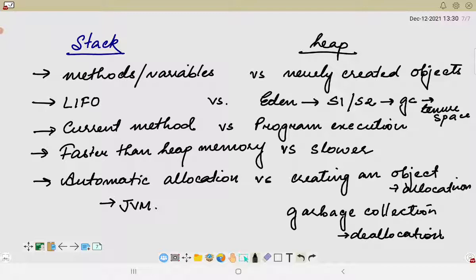We also have a garbage collector inside the heap memory, which is a program that runs in the background and looks into all the objects in the memory and finds out the objects which are not referenced by any part of the program, and all these unreferenced objects are deleted and the space is reclaimed for allocation to another object. So this is all about Java memory management. We will discuss more on this in my next video.